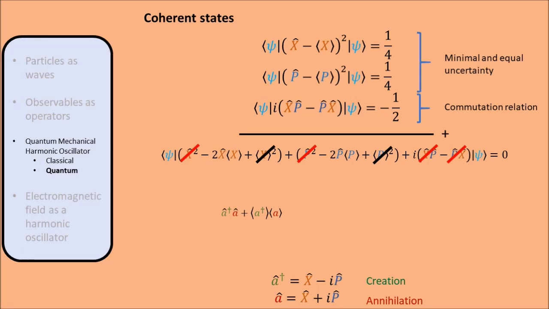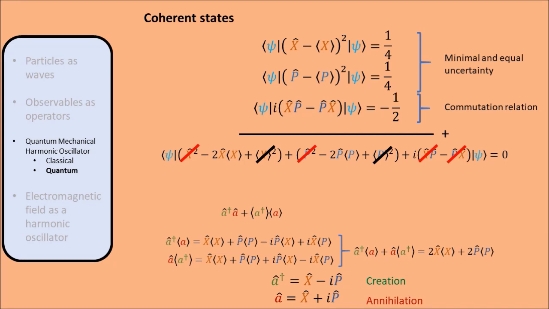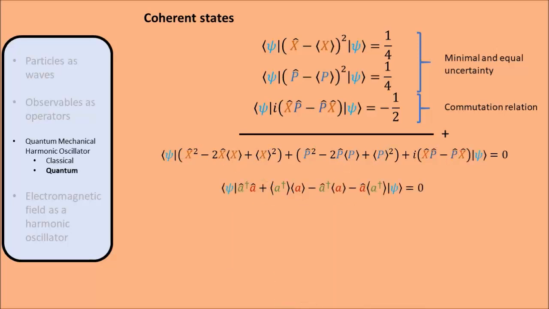For the remaining terms, let's consider the expressions for a dagger times the mean of a, which we can write in terms of x and p and expand, and a times the mean of a dagger, for which we can do the same. If we add them, we get 2 times x times the mean of x plus 2 times p times the mean of p, which are exactly the two remaining terms in our equation. So we can substitute them to obtain an equation purely in terms of a dagger and a. We can further factorize this